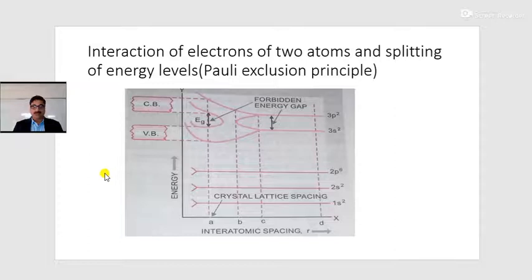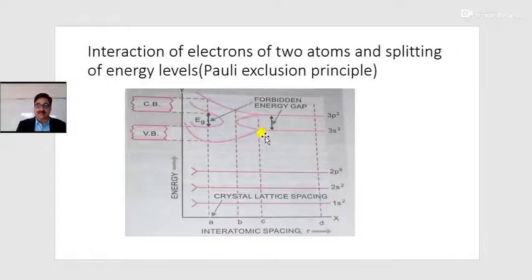But when two atoms come near each other, from 0 to this point, that is at the point D, then the number of lines is very less, and there is no chance of splitting. When the interatomic distance becomes less, the number of lines is increased, that is split,